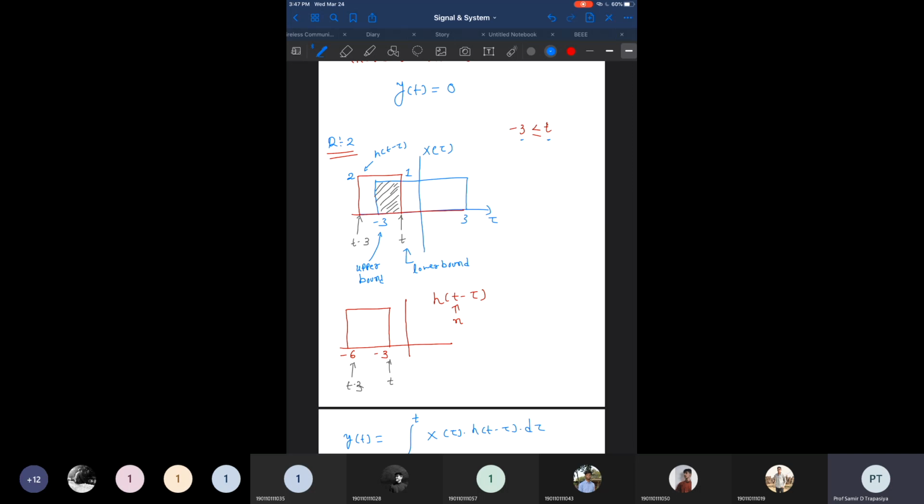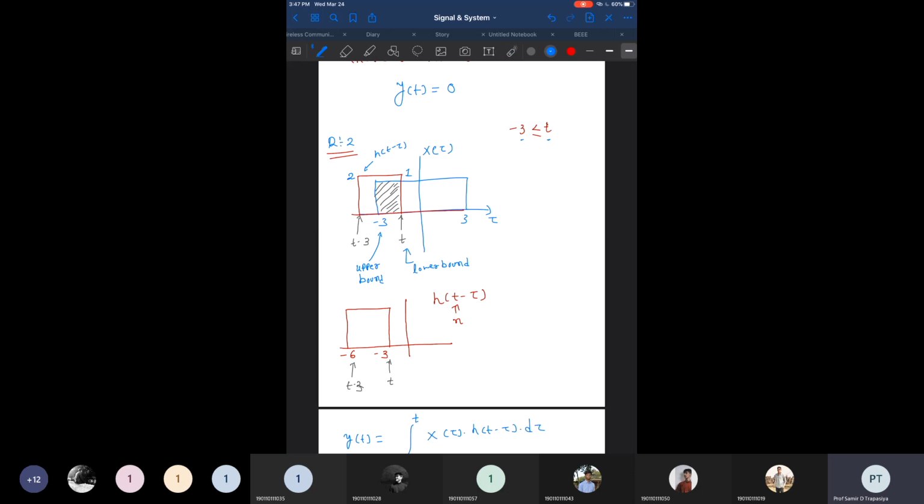The first end of h of t minus tau goes inside x of tau. Now if we move further and further, the first end will remain inside x of tau until it reaches 3, right? But now what about the t minus 3? Whenever we move the 3 points, this t minus 3 is just 3 points far away from t. So whenever t reaches somewhere here, and then t minus 3